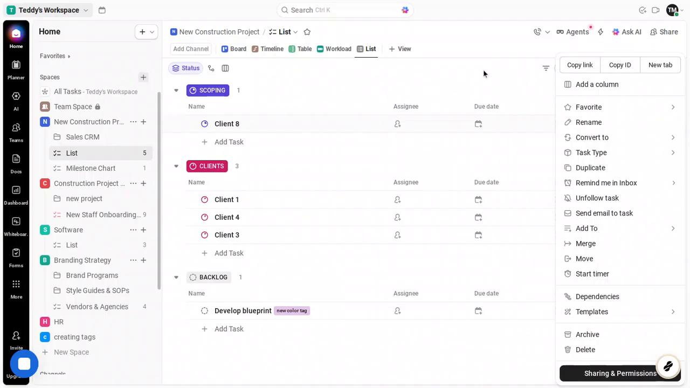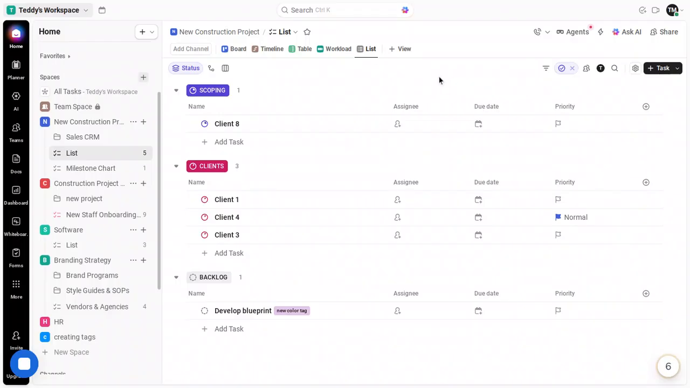Next, in that same menu, click Copy Link. This grabs a direct URL to the task inside your list. It's perfect for sharing in chat, emails, or documentation. Keep in mind that workspace permissions still apply. Only people with access will be